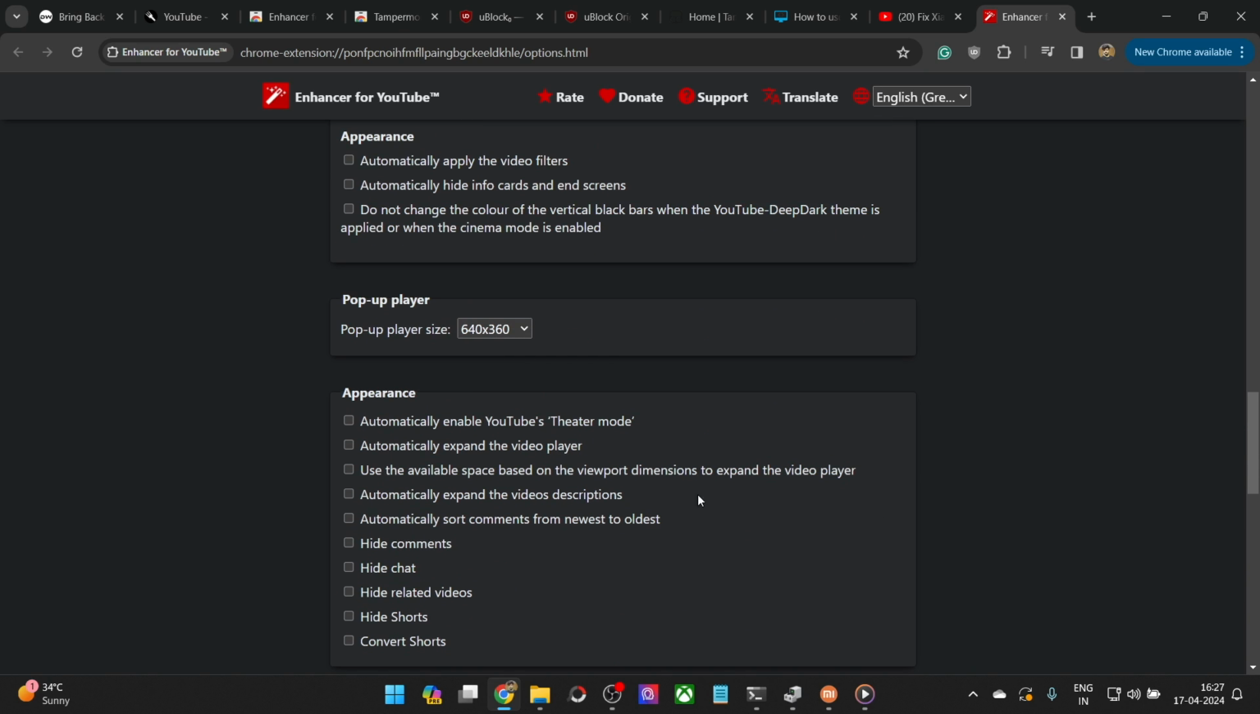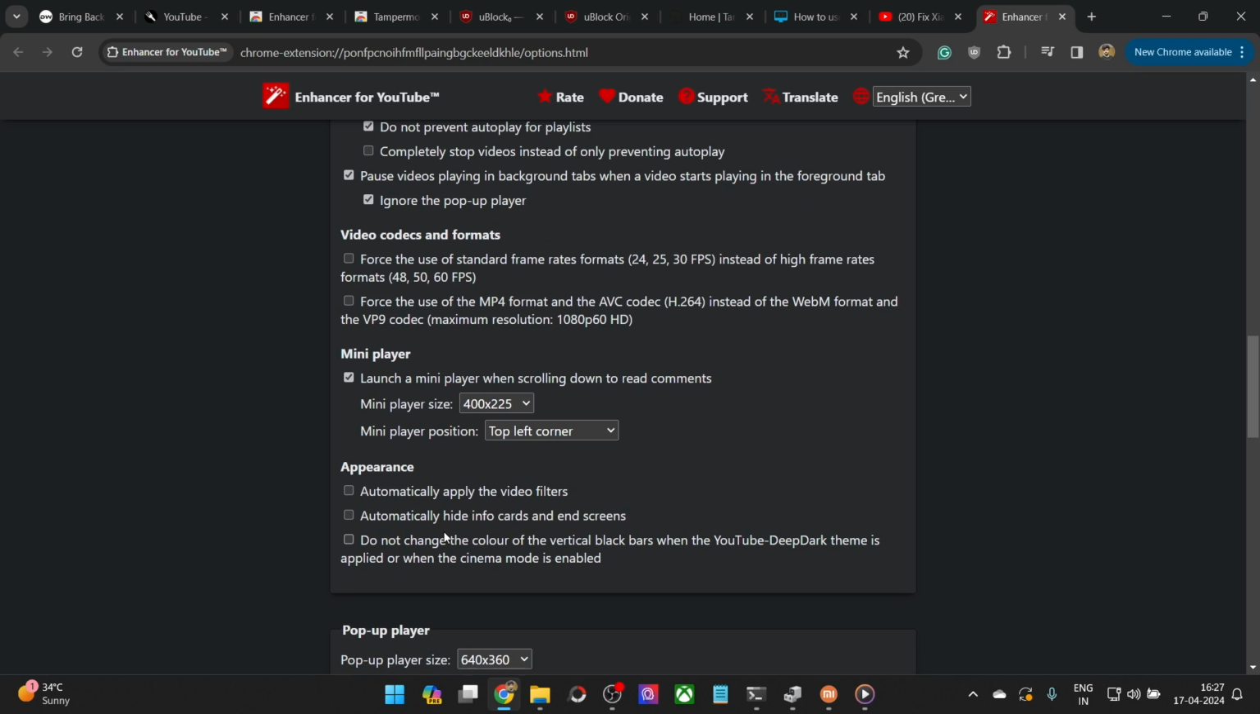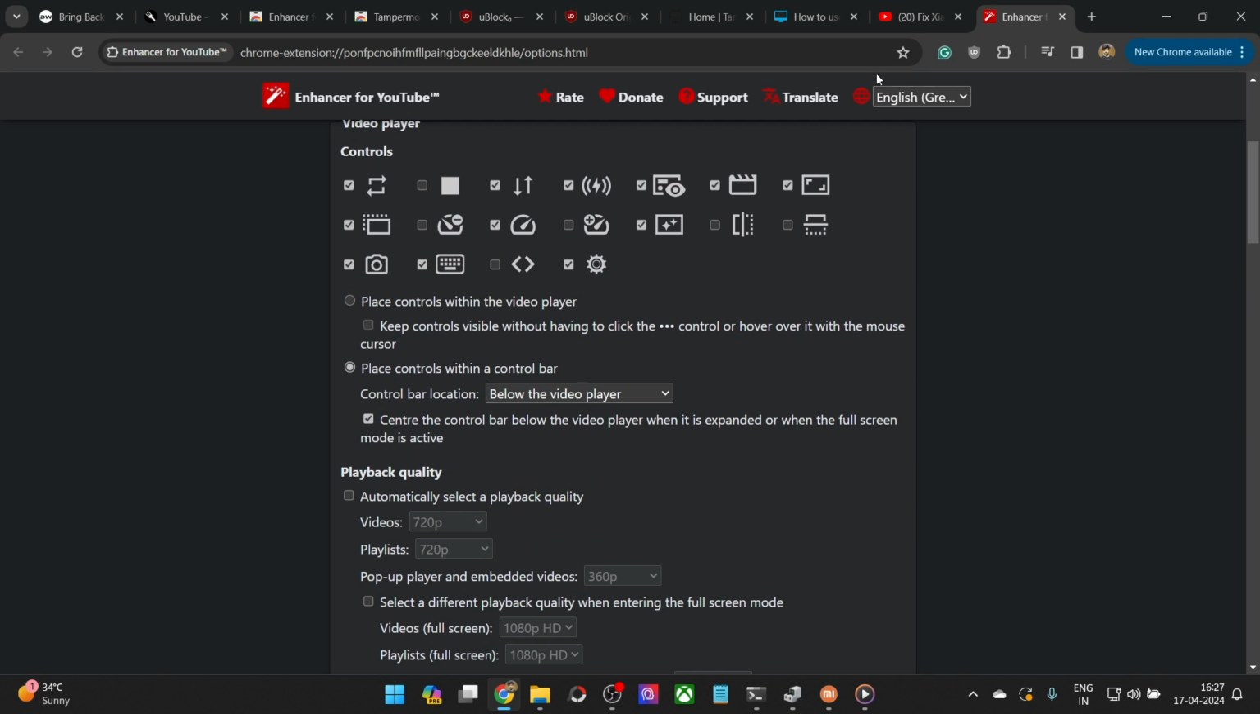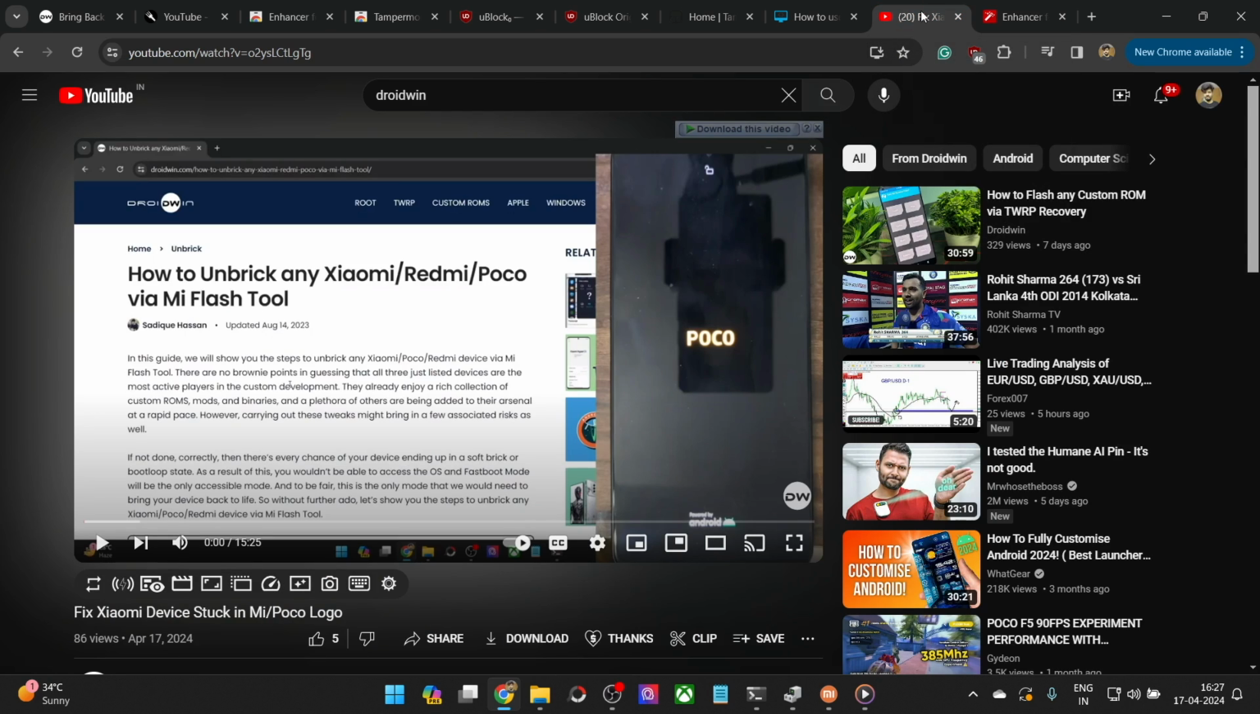Simply customize the requirement from here, and once everything is checked or unchecked, go to YouTube and open any video of your choice, and from here you may see the Enhancer for YouTube, and now you may customize the view and the comment section, view, description as per your liking, and this is the toolbar that you will get from the Enhancer for